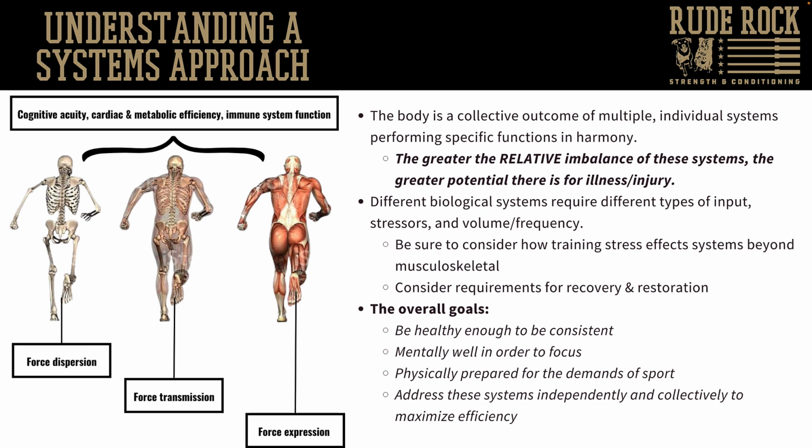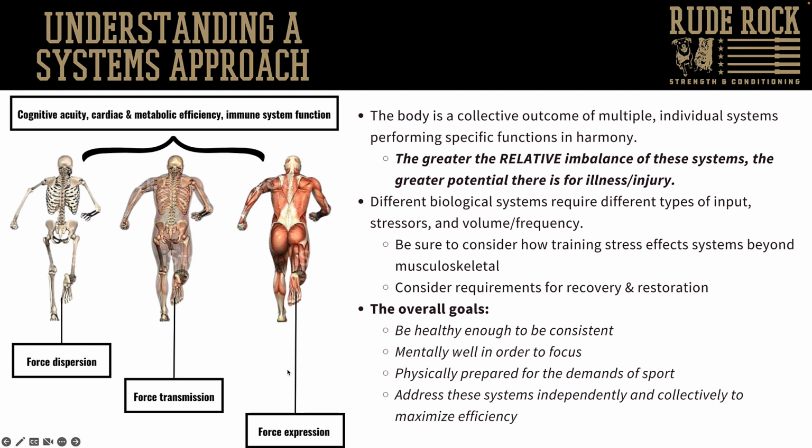But beyond that, the body is a collective outcome of multiple individual systems performing specific functions in harmony. So when we see the skeletal system, the connective tissue system, and the muscular system as identified here, and then obviously to include the nervous system, endocrine system, all those things, these things have specific functions and roles. The way that bones work is dramatically different than fascia and ligaments, which is dramatically different than tendons and muscle. And so the way that I loosely associate these is I look at the skeletal system as being predominant for force dispersion, the connective tissue system being predominant for force transmission, and then the muscular system being our